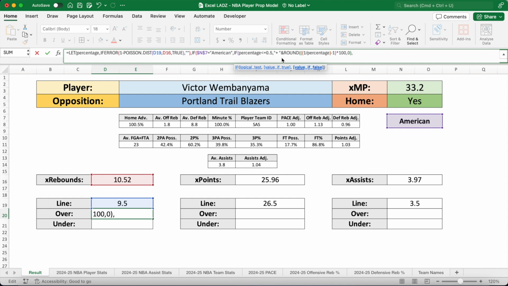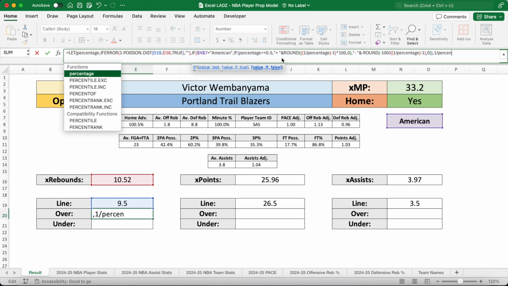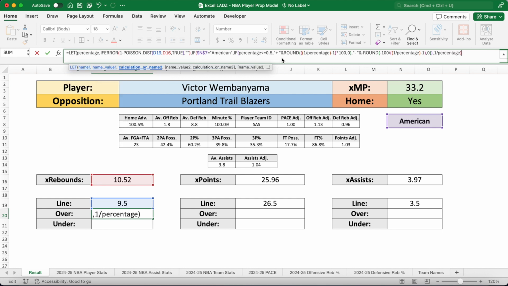Now the value if false, so I'm going to add a comma, is equal to speech marks, negative sign, space, close the speech marks, and a negative ROUND function where the number is negative 100 divided by, in 2 opening brackets, 1 divided by percentage, close the bracket there, and then you're going to make sure that you subtract 1 again, close the bracket, the number of digits you're rounding to is 0, close the bracket twice, and the final value if false is 1 divided by percentage again, which is the format for decimal odds, close the bracket there,